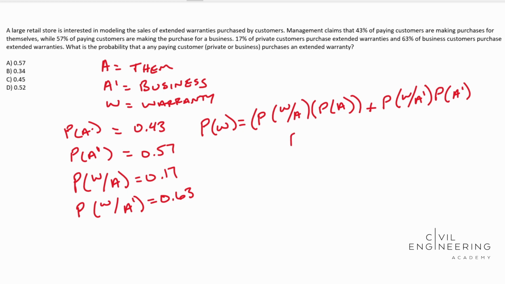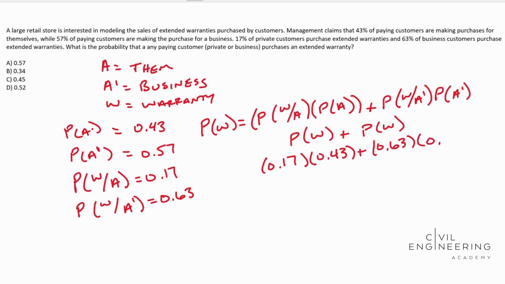So you end up with probability of a warranty plus probability of a warranty, and so this ends up being 0.17 times 0.43 plus 0.63 times 0.57, and so your probability of a warranty is actually going to be 0.4322,